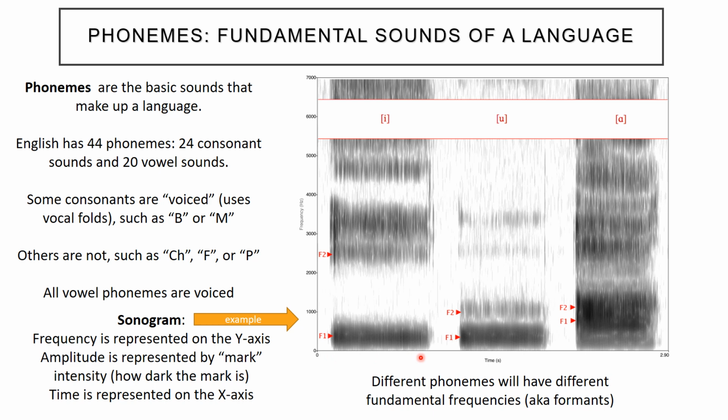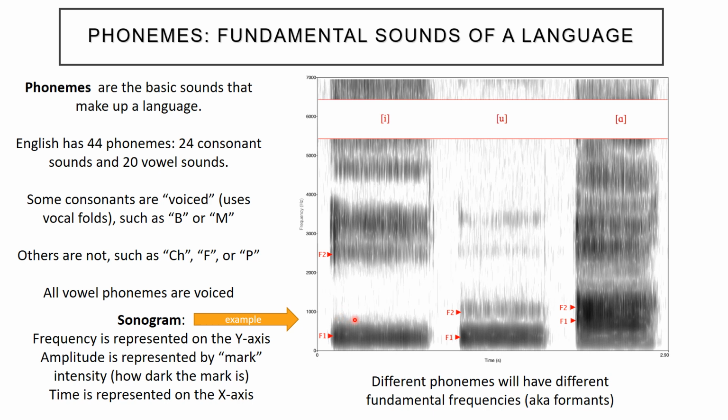So I is going to have relatively high formants. So there's a fundamental frequency that's generated. In this case, this fundamental frequency, the very bottom frequency, or the bottom formant, is around 300 hertz. This is probably a man speaking. And then for this person who's speaking I, the next formant is actually around 2500 hertz. So you can see there's a kind of a space here.